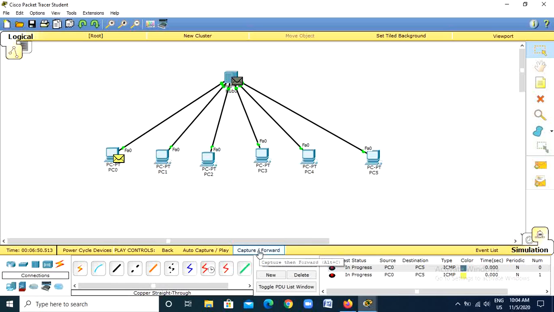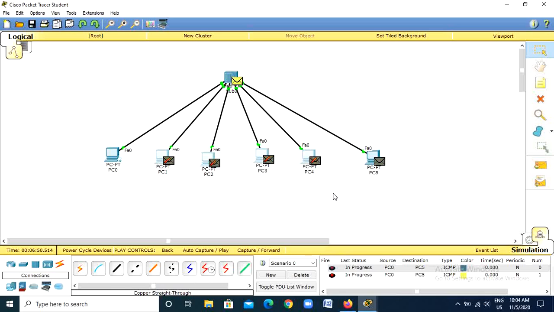By clicking this capture and forward button again, you will see that this hub just sent that packet to all of these PCs. But what was our destination? Our destination was PC5. So this hub has just sent the successful packet to PC5, and all these 4 PCs are telling that we haven't received any packet, because PC0 desired to send its packet to PC5. So these PCs will not receive that packet because that packet was sent to PC5. So this is how this hub and all PCs are configured, and they work on this principle.